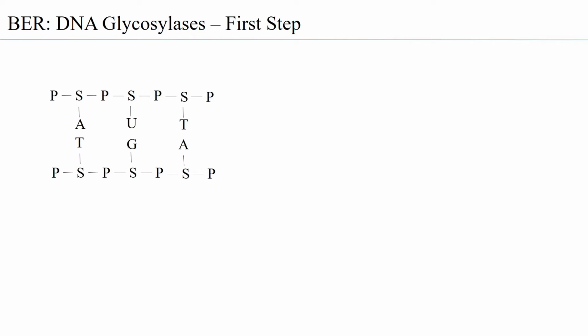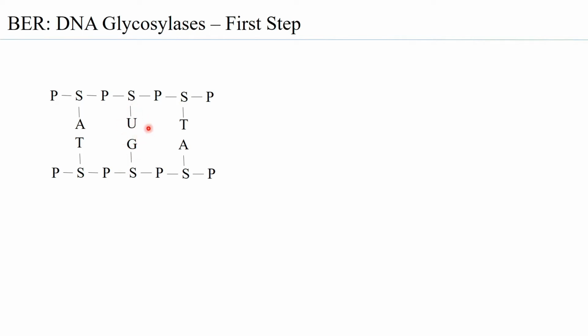Now let us look at the first step of base excision repair. This first step of base excision repair is carried out by the DNA glycosylases. So let us consider a DNA wherein the cytosine has been deaminated to a uracil. So here, where you should have a GC base pairing, instead of a GC base pairing, what is present is